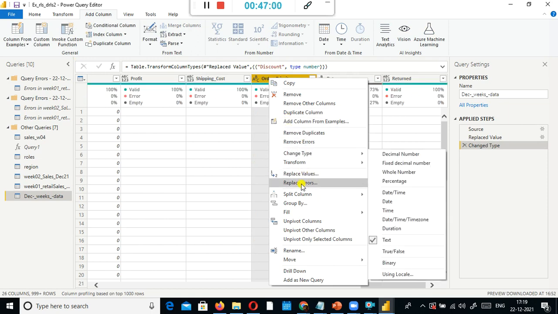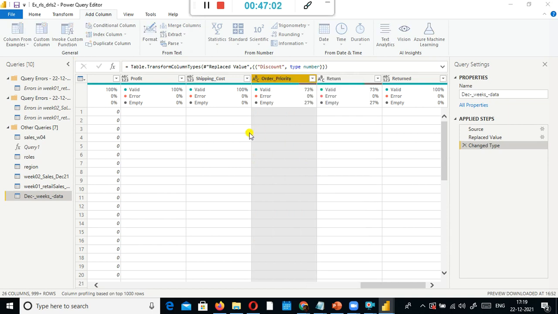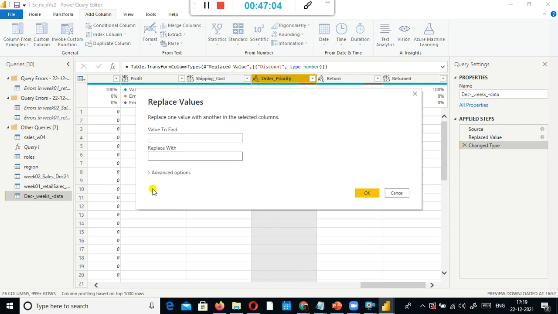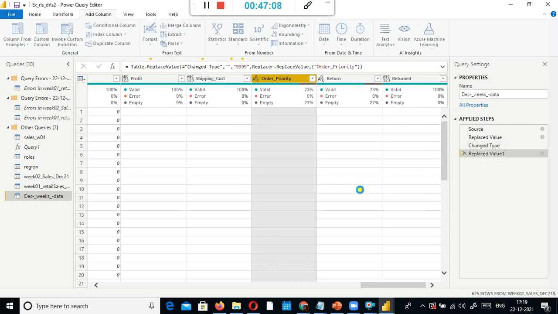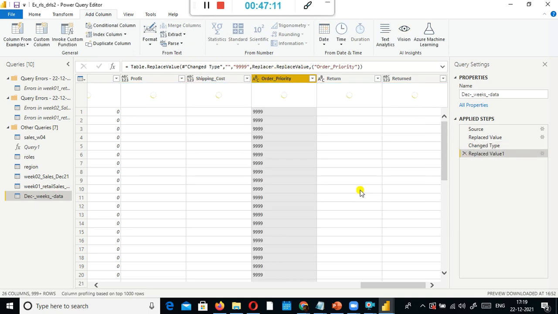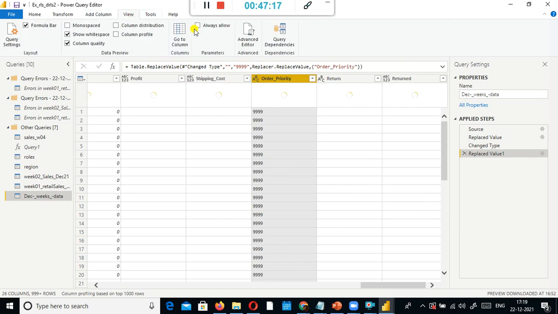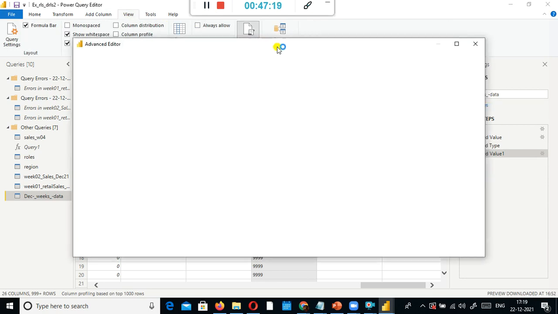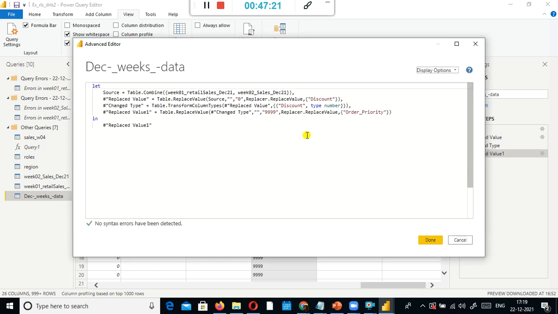So usually what we do in a real-time scenario is, wherever the blank value is there, we'll put something like 999. For the business user later point in time to understand, oh okay, four 9s are nothing but blank values that were there in my data set. So now I go to advanced editor to see how to replace the blank value by this one, right? So 999. So in this case we got the command.